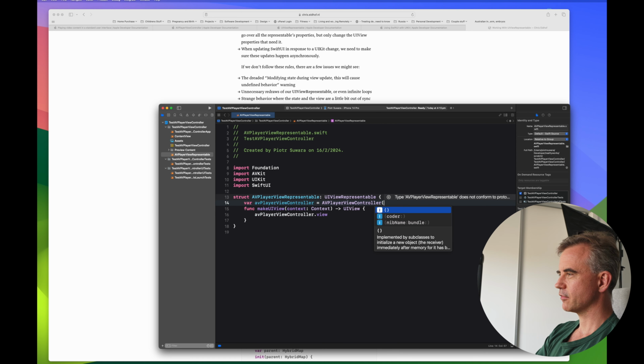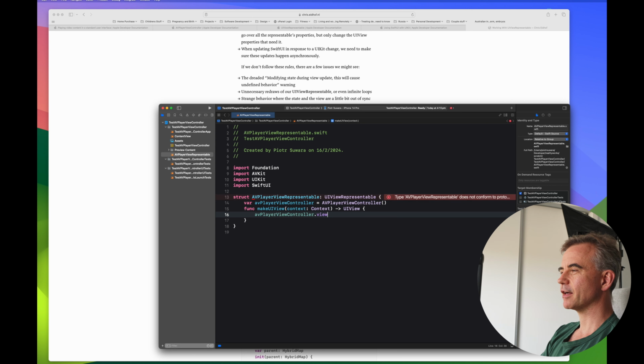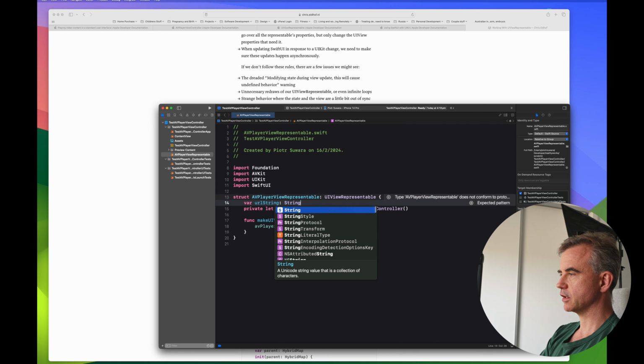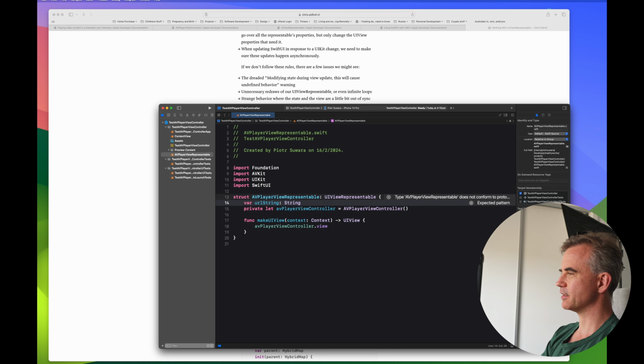And we would possibly, I'm not even sure if we could, but we will try to just create an AVPlayerViewController, and we would see if we can make it private, and let, and see, we go var URL string. So we want to pass this in